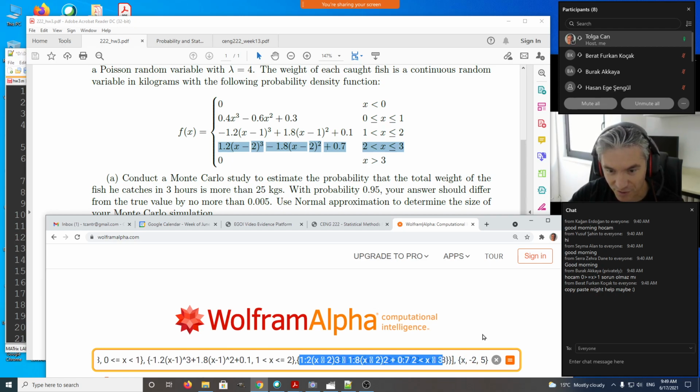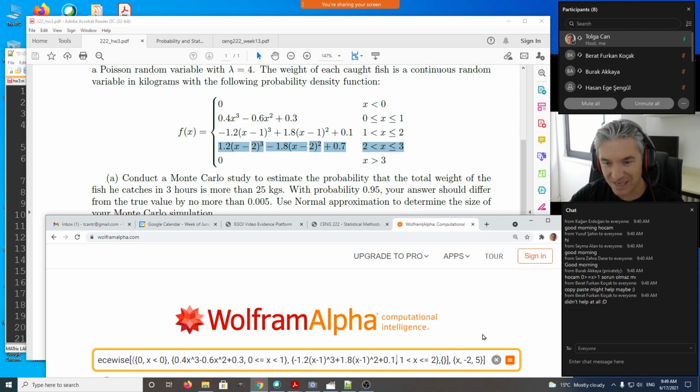So I'm actually going to just copy this thing from here, then modify the coefficients. Yeah, it didn't help at all, because the PDF has these special symbols, that's the reason. So the last part, 1.2 x minus, yeah, modifying is much easier, right? x minus 2 cubed and minus 1.8 x minus 2 squared and plus 0.7, and I have to write here